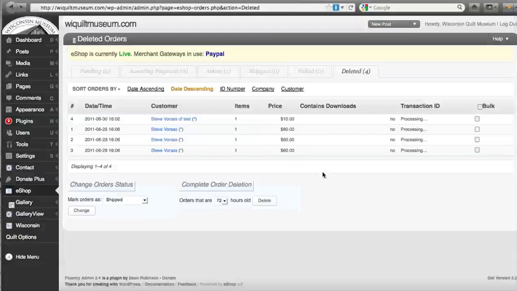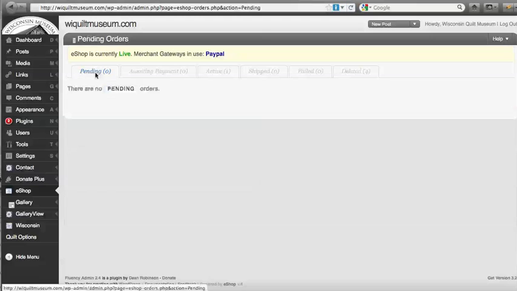You can go ahead and print those off if you need to for tax purposes, whatever. Sort them by date, by company and customer. But the pending ones are going to be the most important. Those are the ones that are going to show up right away. And the eShop,